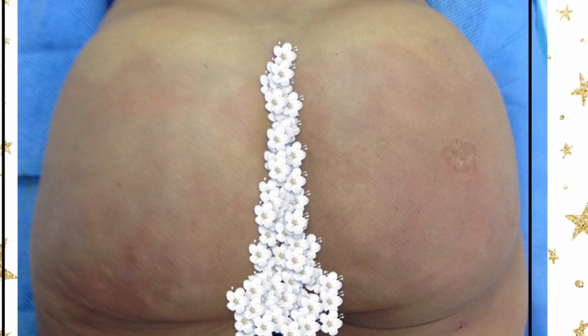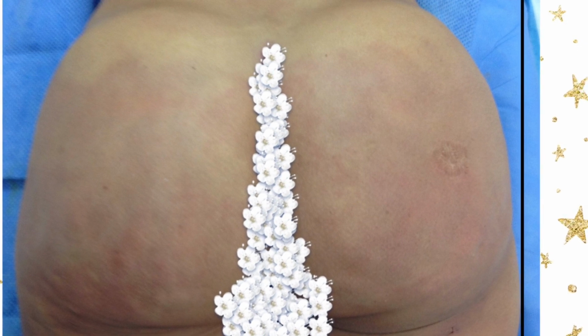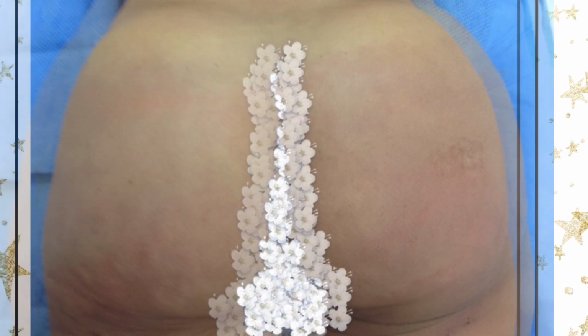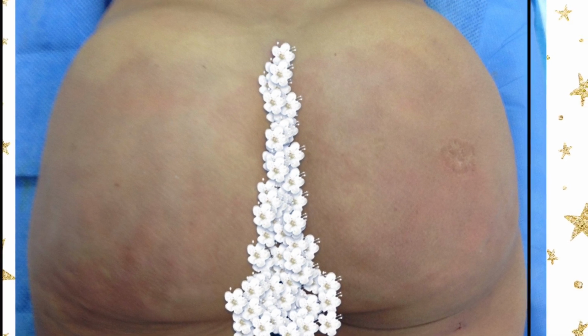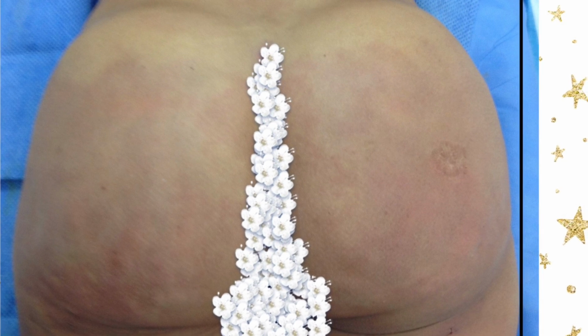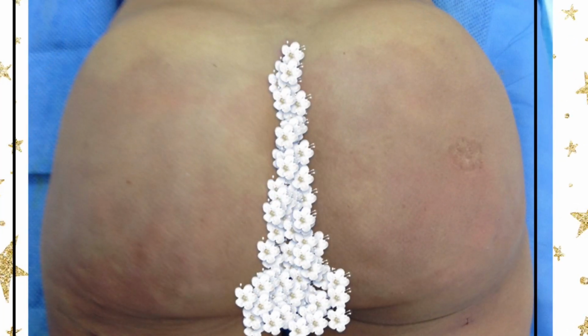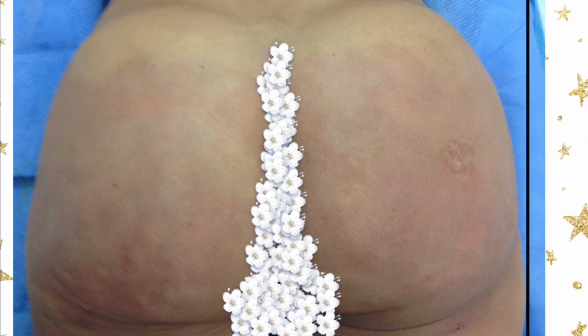The main complications with the butt implant are fluid collection, the implant needing to be removed due to the fluid collection, incision opening, bleeding, and infection. Although nerve injury has been reported, this seems to not be an issue and seems to be more of a transient concern with the swelling. The number one thing by far is the risk for fluid collection, incision not healing, and the removal of the